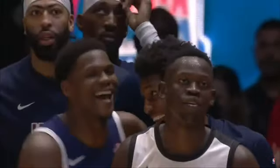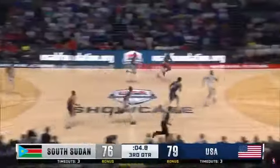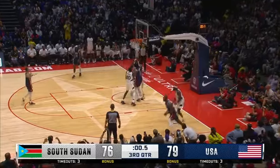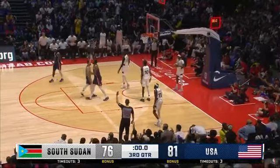The bench getting a bang out of it, and why not? Not many have the range. It's LeBron. Off to Embiid. Got it back and scored it to beat the buzzer. And the United States, after a 44-point first half, puts up 37 in the third to regain the advantage against